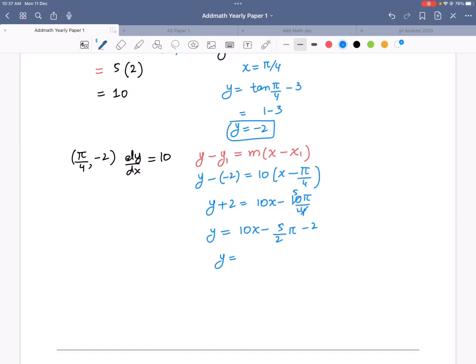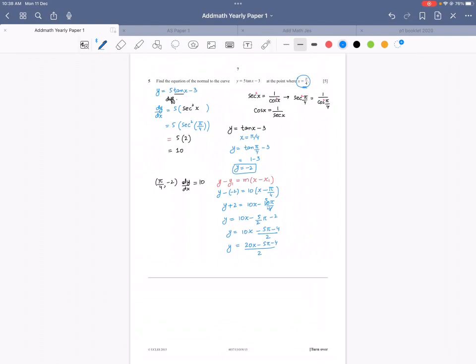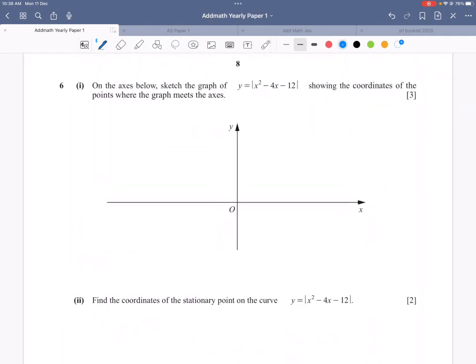So finally, I can say that y equals 10x minus 5 pi. If you take out the LCM, minus 4 divided by 2. That's how your equation will be, or you can simplify it further. If you take out the LCM, it will be 20x minus 5 pi minus 4 divided by 2 equals y. Next one. On the axis below, sketch the graph of y equals x square minus 4x minus